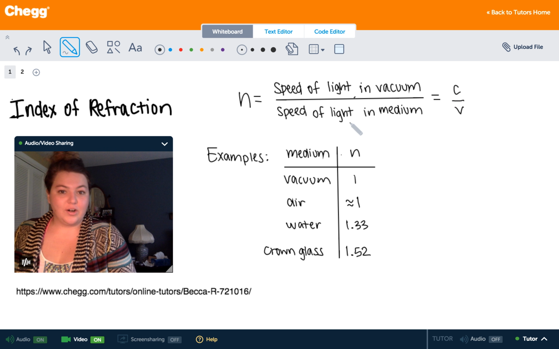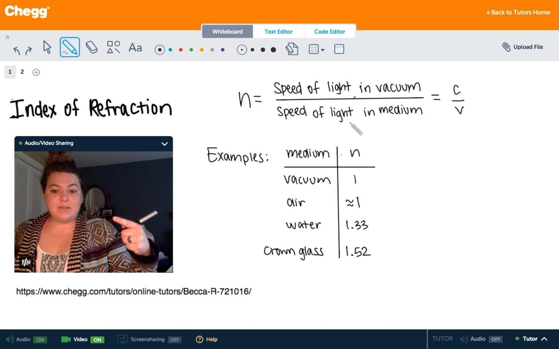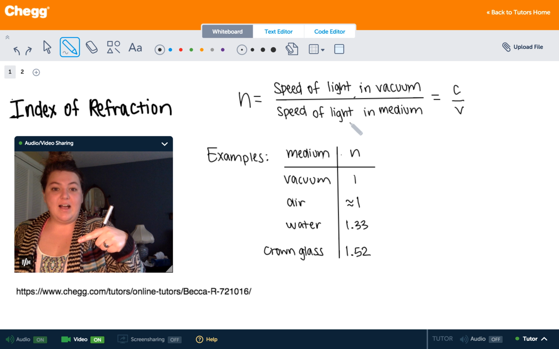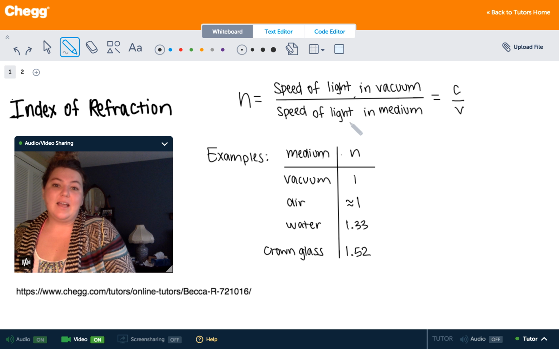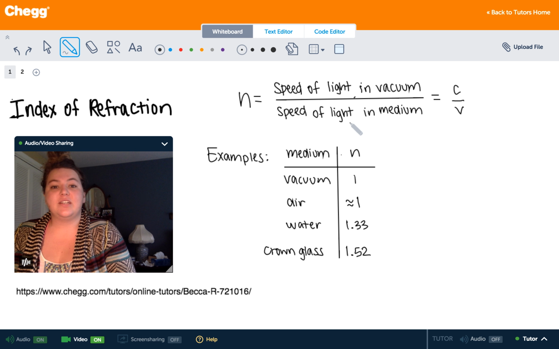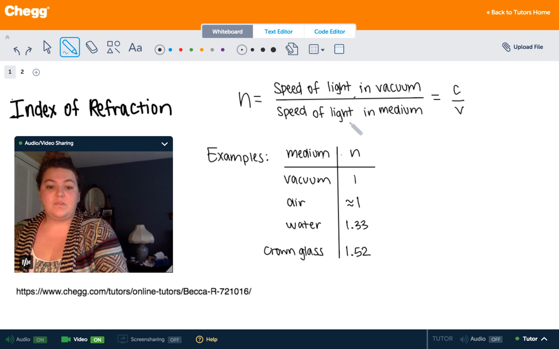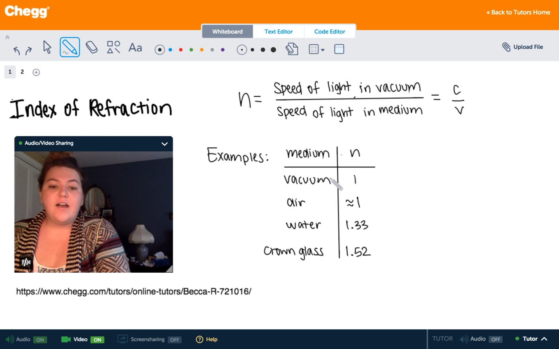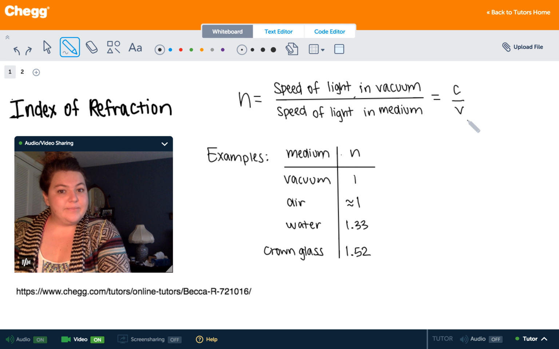like water or glass. Like a light ray trying to travel through a vacuum, and then suppose it hits a slab of glass. It's going to slow down just a little bit, and that light ray is going to bend just a bit. So the index of refraction is a way that we can quantify how much that light ray slows down. So in a vacuum, of course, the index of refraction is just going to be 1 because the speed of light in that medium, being a vacuum, is just c, and c over c would